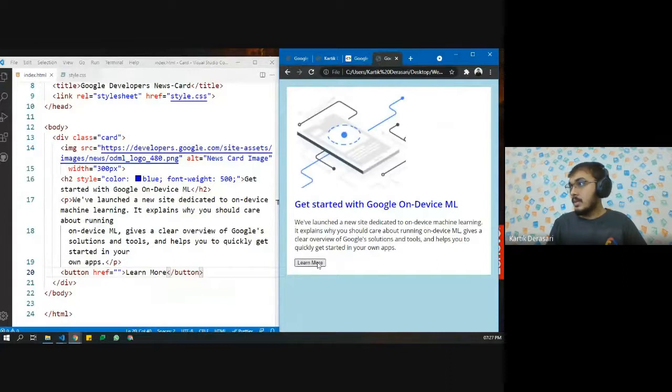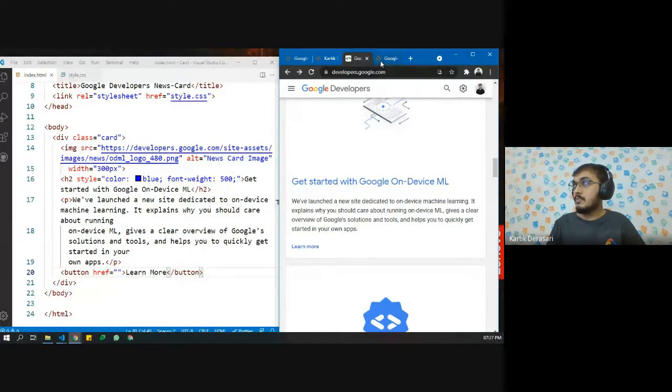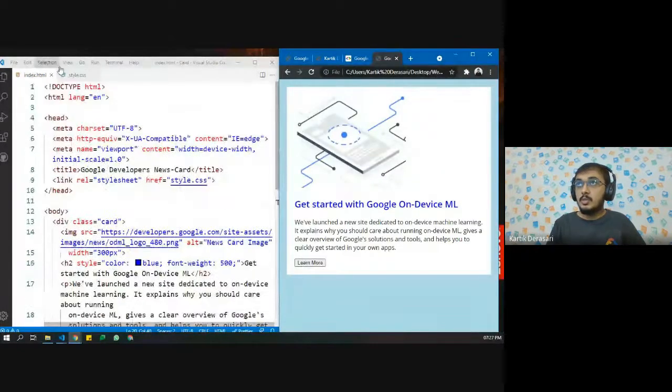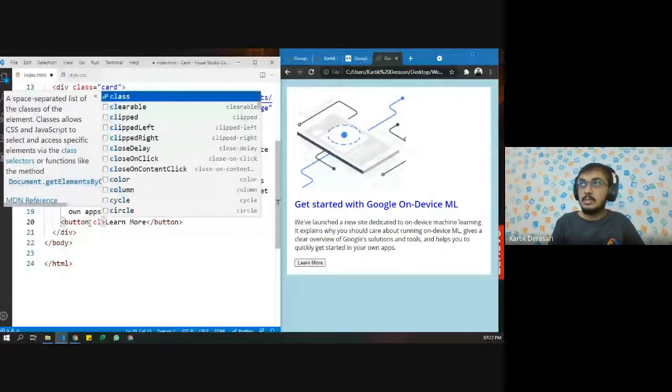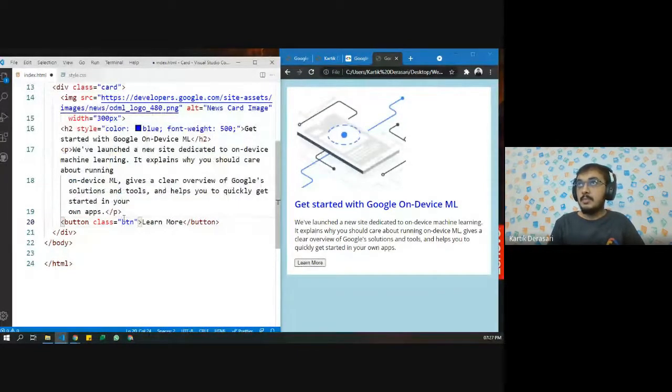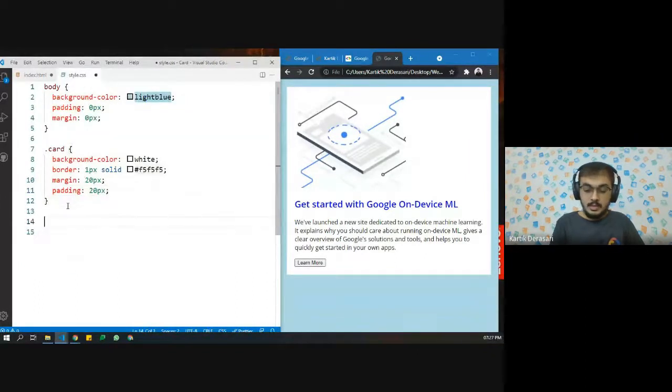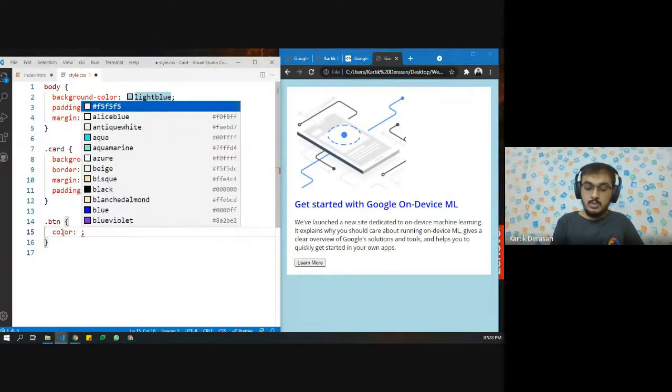Okay, here is the button and here is the general look of this button. Now, what do we need to do? We need to style the button. So let us add some class. Instead of href, let us say class equals btn, and add the btn class here. Now we need to color the button. We want the font color to be a blue color. So let's say color equals blue,